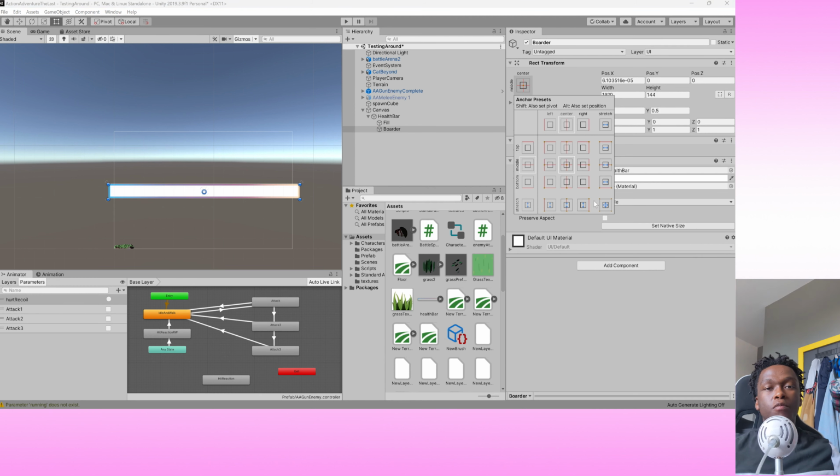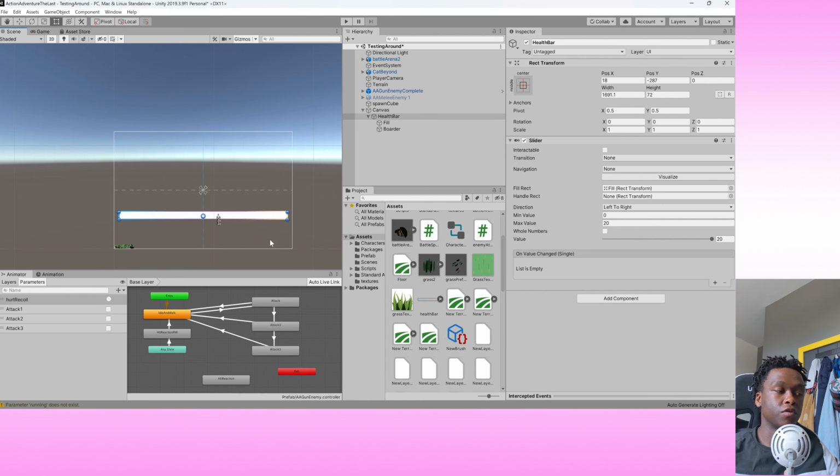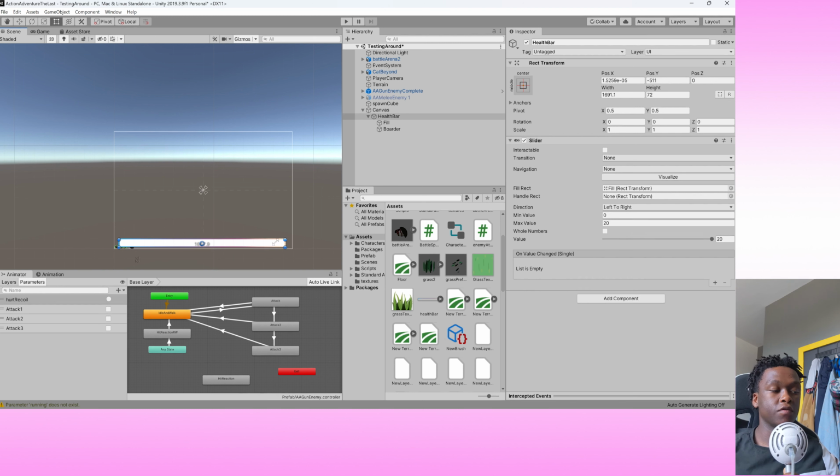We'll then go on to the anchor presets for border, and without holding Alt, we'll click on that bottom right option again so that we can transform this health bar together seamlessly without having to manipulate its individual parts. And then you see when I click on health bar, I can resize the entire thing. I'm going to make it half of the screen so you can see a little bit of variety in this